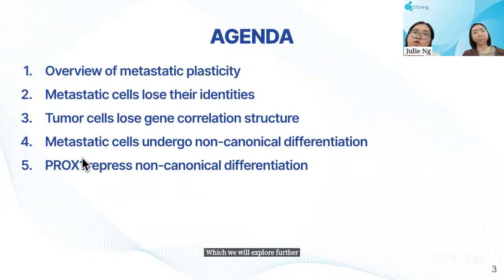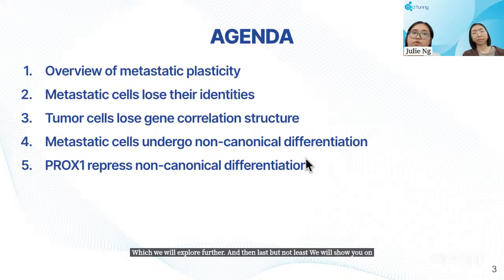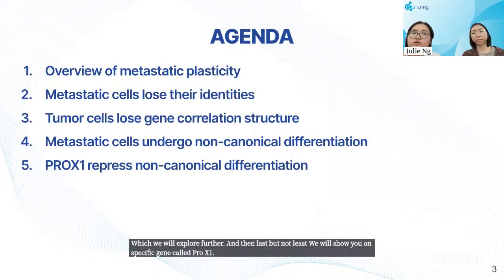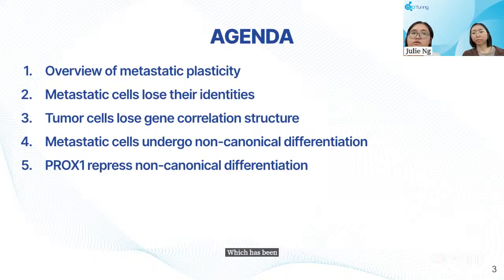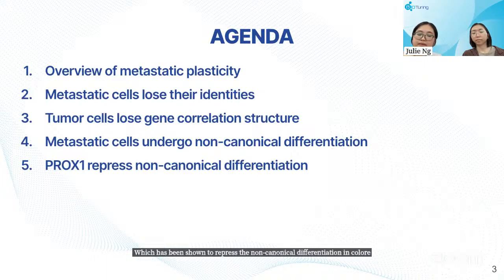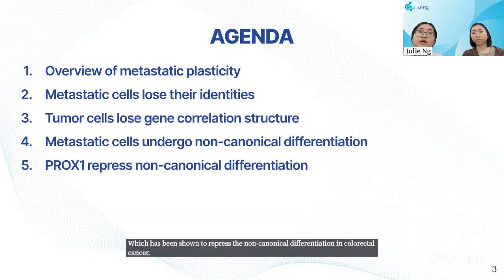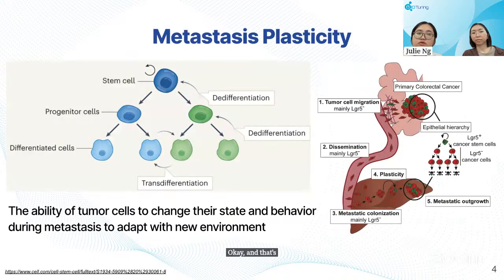And then last but not least, we will show you one specific gene called PROX1, which has been shown to repress the non-canonical differentiation in colorectal cancer. Okay, and that's now we go into the first part, where we will explain to you a little bit about